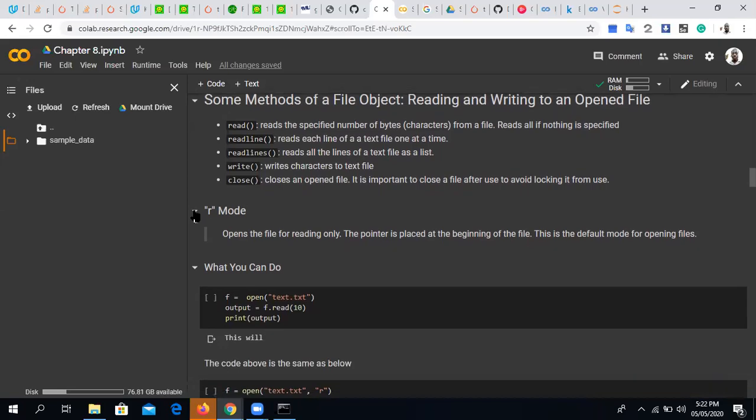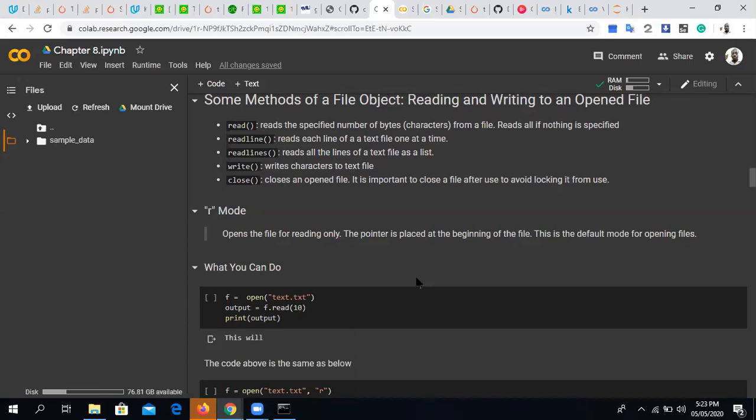So now let's start with read mode of the file. Read mode simply opens the file for reading only. Now there's also a concept of pointer when you talk about reading and writing from files. Pointer is, as you know, when you open your Microsoft Office or your notepad, there's a pointer that tells you that this is where I currently am. So anything you type, types from there. Anything you delete, deletes from there. So that pointer